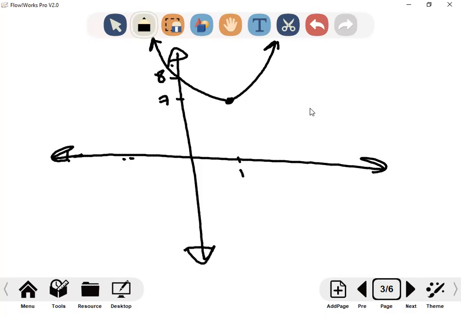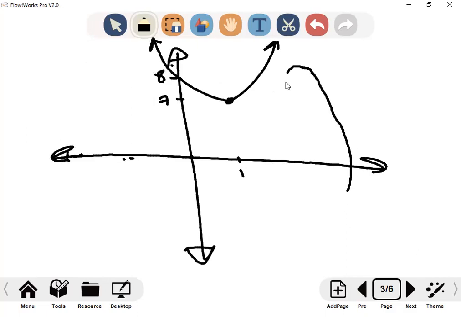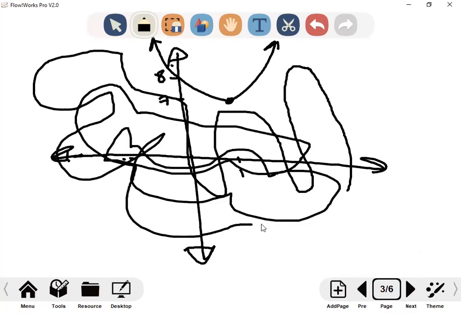Now, how do we know which part we will shade? Use any point, but we said 0, 0, to make it easy, right? This is 0, 0 here, and please focus. So we put this point 0, 0 where? In the inequality, not the equation. In place of x we put 0, in place of y 0. Let's plot mentally. Y is 0, x is 0, right? And what is still here? 8. Is 0 less than 8? Yes. What does this mean? All of this which contains 0, 0